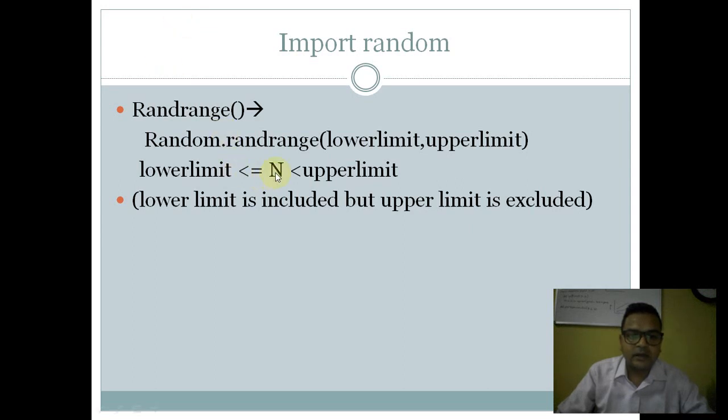This n will be greater than or equals to lower limit. Here is the first parameter of lower limit. And this n value will be smaller than the upper limit. It's smaller than the upper limit. So I think this is clear to you. So lower limit is included but upper limit is not included in the range. So हम एक range को generate कर रहे हैं और इस रेंज में लोअर लिमिट कंसिडर की जा सकती है बट अपर लिमिट विल नॉट बी कंसिडर. सो वी कैन से अप टू लेस देन अपर लिमिट. सो अपर लिमिट -1 तक ये वैलिड होगा, अपर लिमिट पे ये वैलिड नहीं होगा.